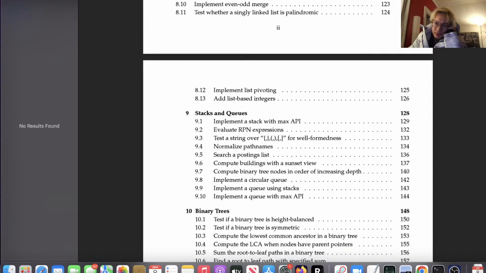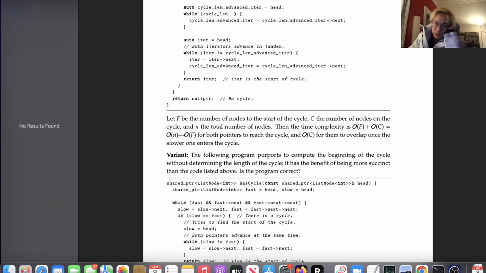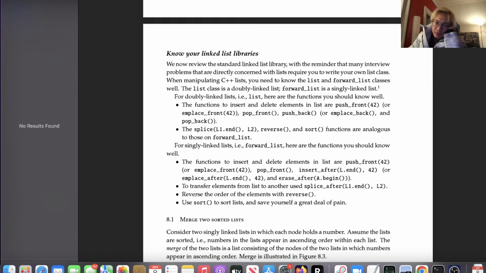Okay, I see it. Okay, it looks like they maintain two queues. So inside of that is a two-queue problem.